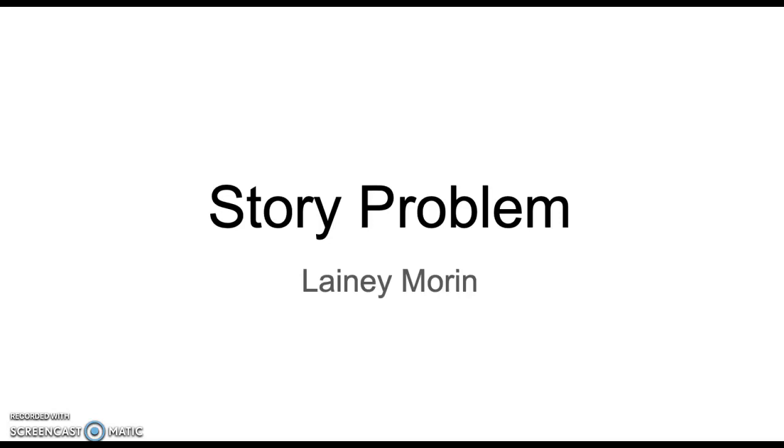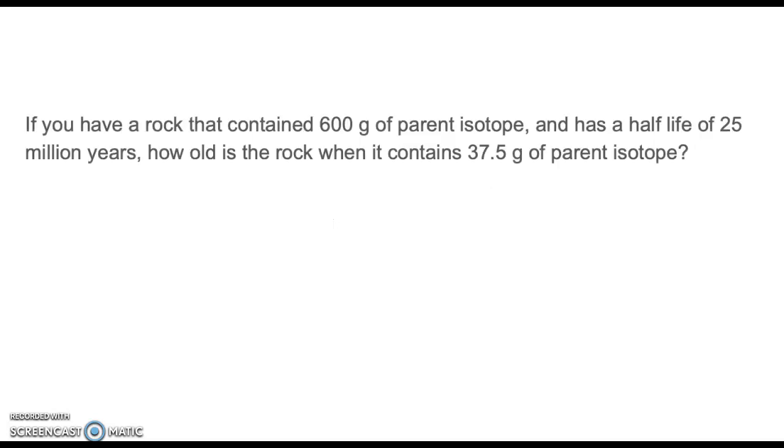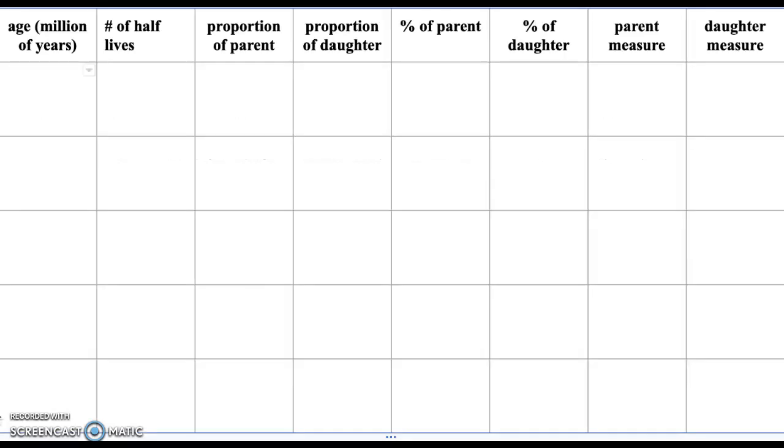So this week for our video, we had to create our own story problem and then solve and explain all the steps through it. And so my question was, if you have a rock that contained 600 grams of parent isotope and has a half-life of 25 million years, how old is the rock when it contains 37.5 grams of the parent isotope? So to solve this problem, we're going to want to fill out the chart, and so it